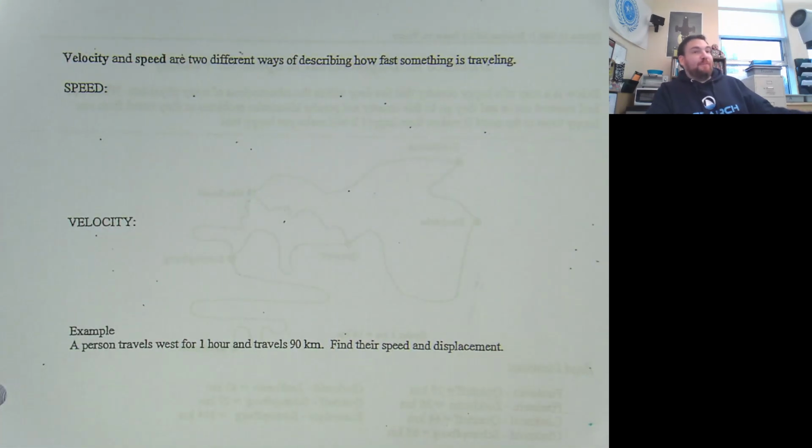When you change your position over a particular length of time, now we can start measuring something called speed and velocity, because that's all speed and velocity are. Speed is how long did it take you to go how far, and velocity is how long did it take you to go how far, which way. That's the only difference.